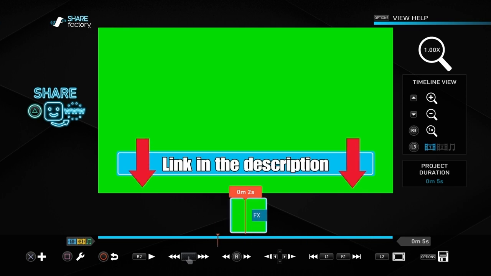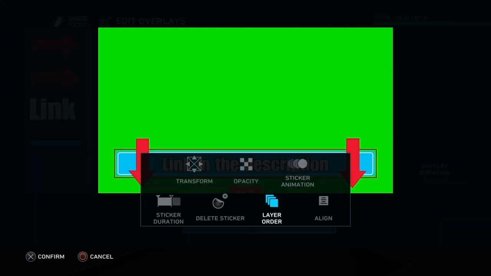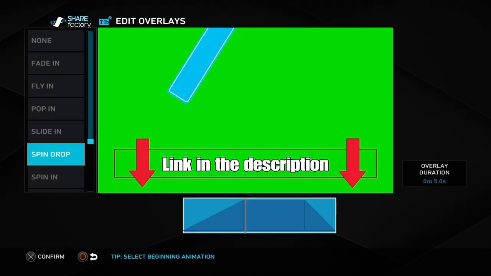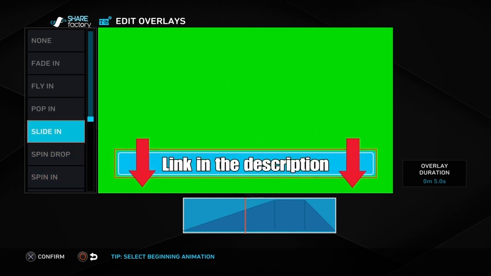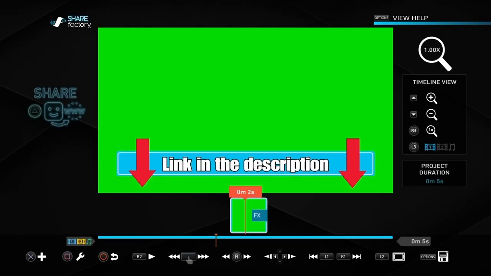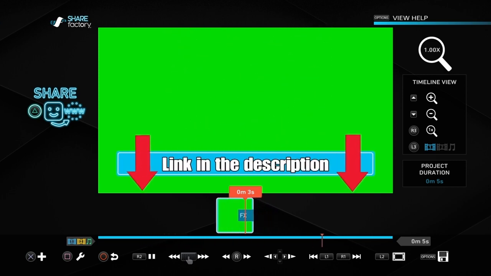Okay, so I like that, but I'm not keen on that banner doing that spinning. So what we'll do is change that. If we go to sticker animation and go to beginning animation, I'm going to just change that. No, that's too much, I think. So I think we're just going to have that as a slide in. So it just slides in from the left, and we'll see what that looks like. Okay, so we'll play that again, and once we're happy with that, which looks absolutely fine,